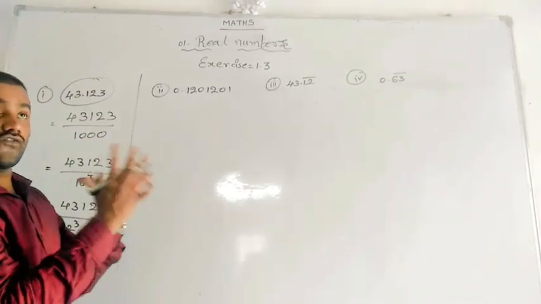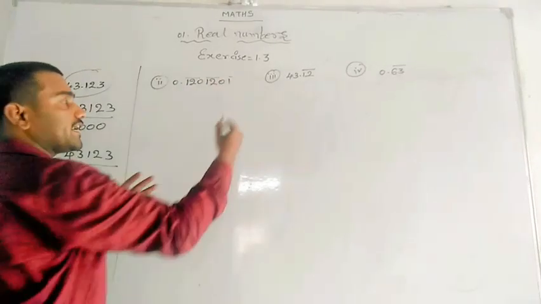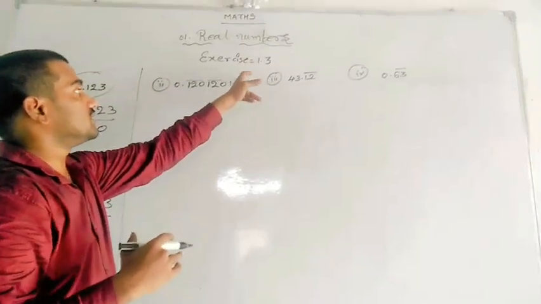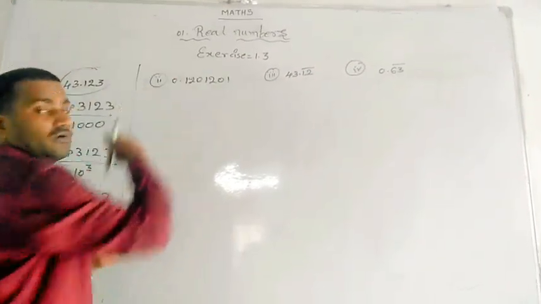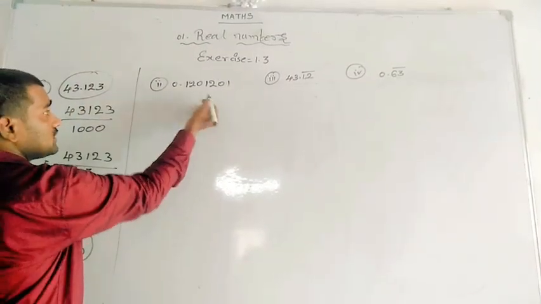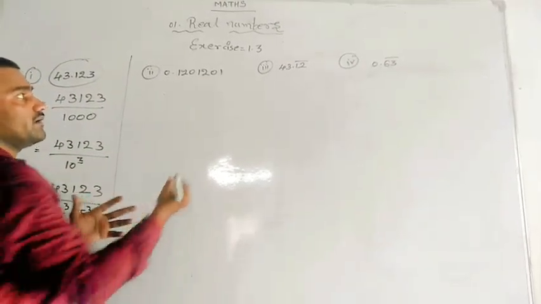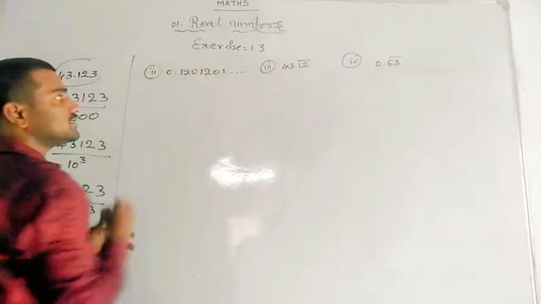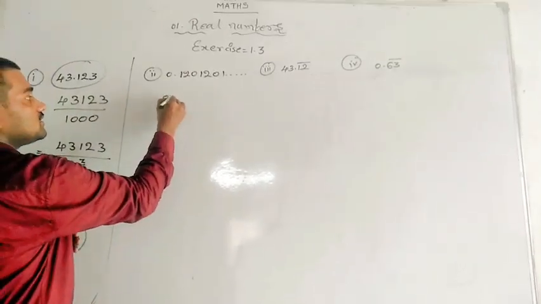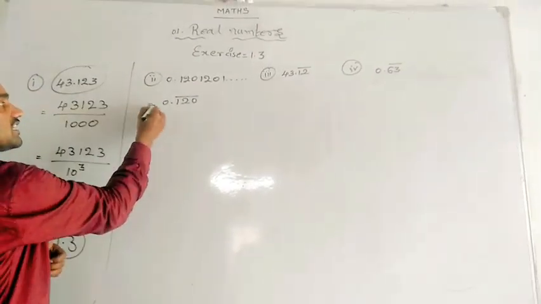Now here also, if you observe clearly, 0.120, 120, again 1. That means the next number definitely will be that. Is it 2? Let's see. Now the question continues in this way: 0.120, 120, 1 and so on. It should be continuous like this. So let's write this as 0.120 bar. So let us express this.